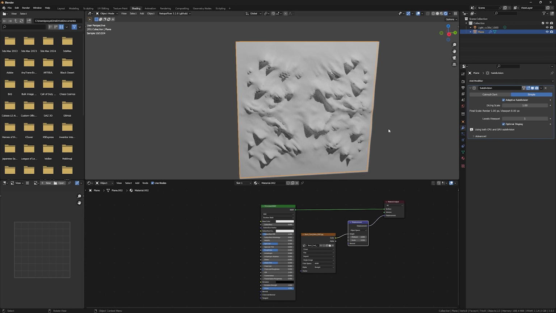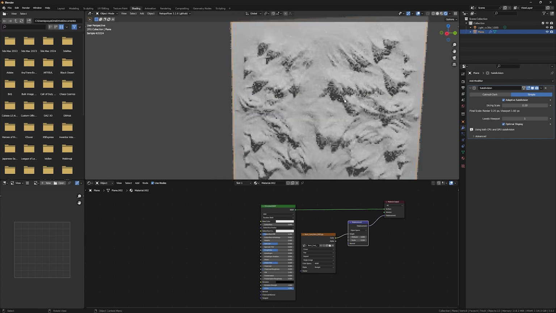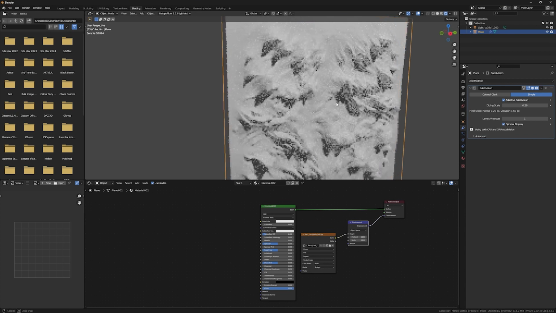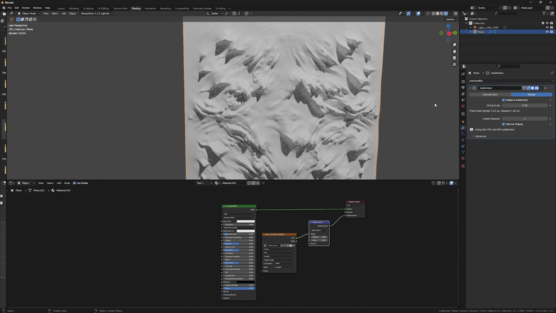But why don't we see our displacement displaying well on our model? We need to decrease the dicing scale even more. As you can see, our displacement is actually showing great on our model and it's actual carving. We have hills, we have valleys. But remember, the more your scene is flooded with models, with subdivisions, with displacement, the more the chance of crashing your machine. And it's not ideal for real-time rendering or game engines.